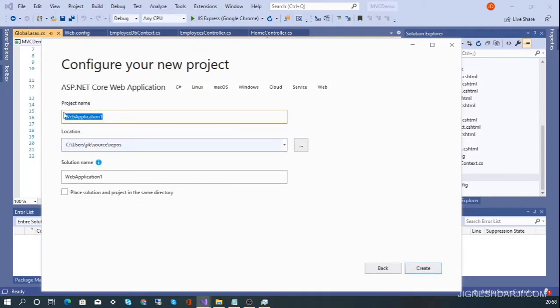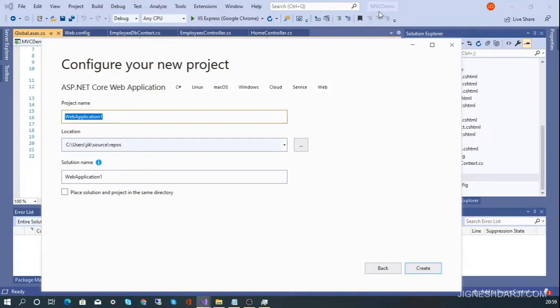Here you need to provide the project name, location and solution name. I suggest using the same project name as your old ASP.NET MVC project. That way we do not need to convert libraries and namespaces, and we can easily convert from the old project to the new project. Give the same name as your MVC project so we can get more help from the namespace, and there is no need to convert the namespace again and again in every folder, or every class. So use the same name.